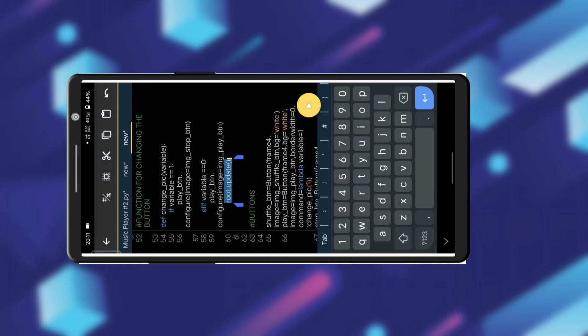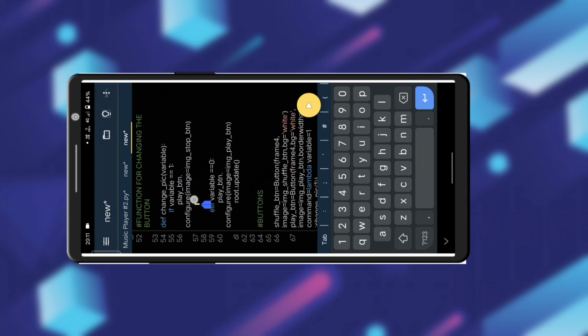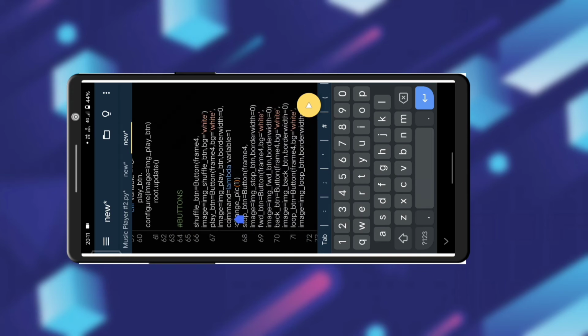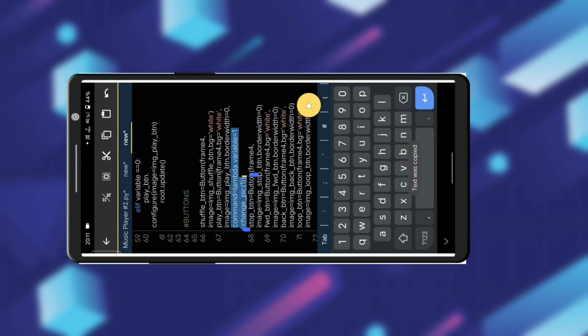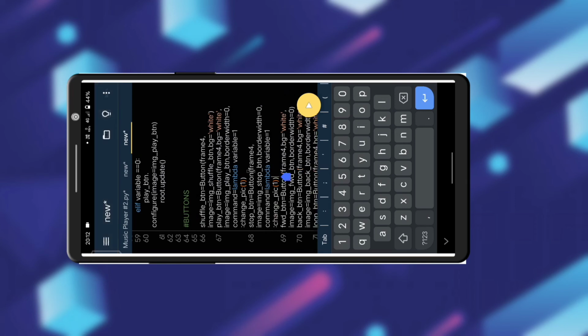And we have to enter similar commands for the stop button, just we have to change the variable value to 0 inside the button. So guys, this is the only complex part in this program. So watch it carefully and I hope you will understand it. If you face any difficulty, you can comment. We are always there to help you. So let me do the same for the stop button, just changing the variable value to 0.